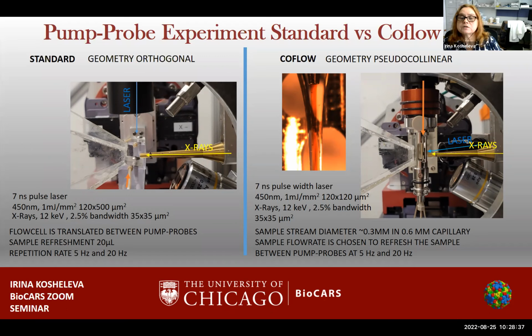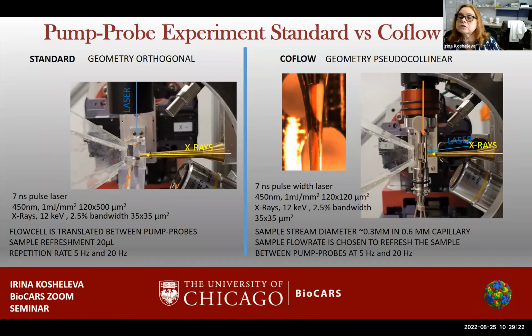We use a nanosecond laser, 7 nanosecond pulse length, 400 nanometers, I think 1 millijoule per millimeter squared, and a standard laser beam 120 by 500 micrometers, where 500 micrometers is along the beam and 120 micrometers is across the capillary and perpendicular to the X-ray beam direction. The flow cell was translated between pump probes, and sample refreshment was 50 microliters for the 0.5 millimeter cell. The repetition rate was 5 Hertz for the longer time delays and 20 Hertz for the